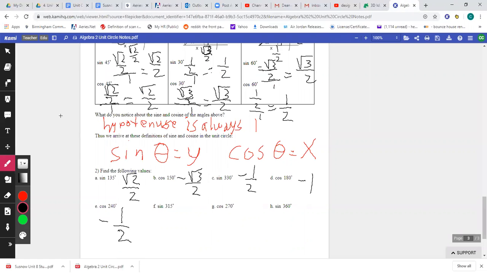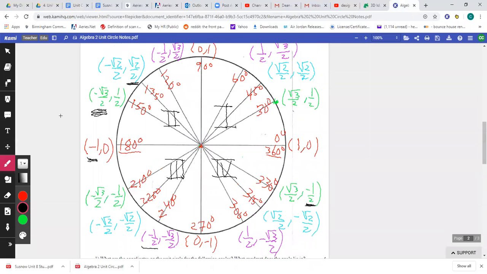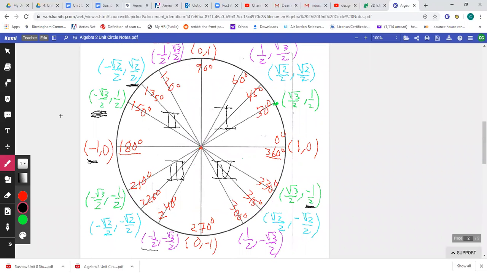Okay, lastly, does anyone have any questions? I'll leave it on here just in case you need to take a picture of this. You could also just Google unit circle and just select images, and you'll see a bunch of filled in unit circles. Yes, Andrea, I am going to post this. Okay. Anyone else have any